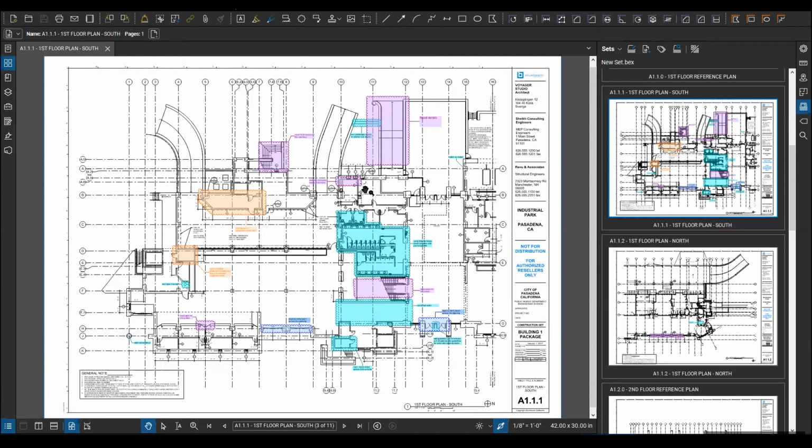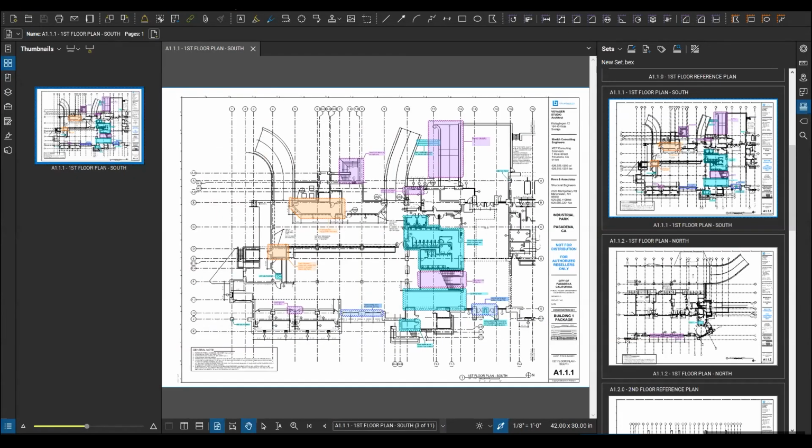So there's a couple ways to go about trying to introduce revisions back into your set. There's one that uses the Bluebeam Revu Extreme version of the software. That's for slip sheeting. And a way to do this without that extreme version of the software. So in this case, I'll go through and show the example of doing it without Extreme, and then show a version to do it with Revu Extreme as well. So if there is a new version of this file,